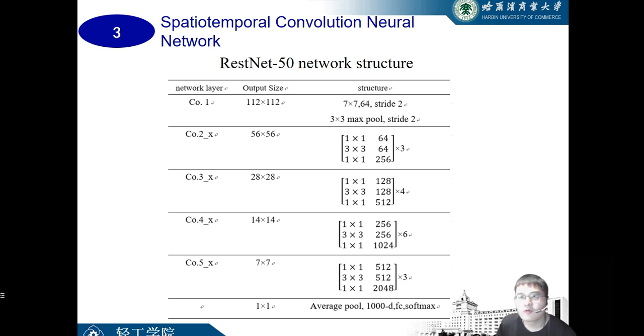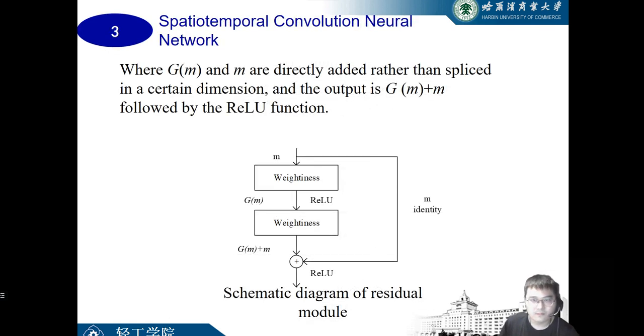The following picture shows the structure of the REST-NET15 network. The REST-NET15 network increased the depth of the during stream network. However, there are also some new programs, such as gradient dispersion, network degradation,